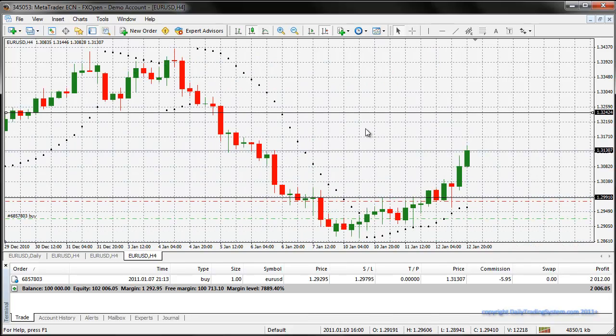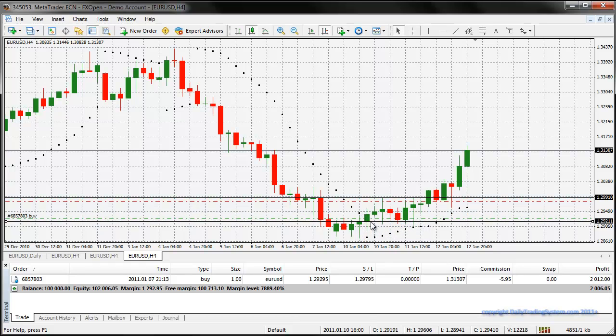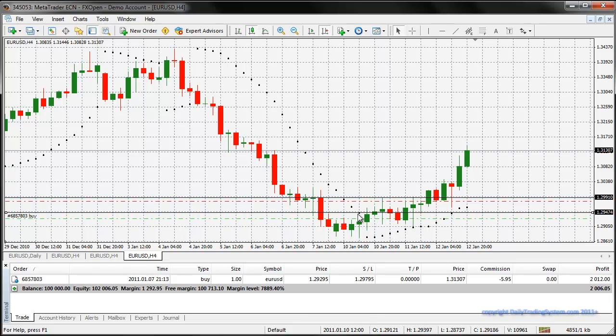Here's a breakout here. See where this last dot is, where my cursor is, and then we wait for a break. It actually breaks right here, and we keep going long, and we just target this area here first. Just take a look at the pip difference from that point that it breaks,